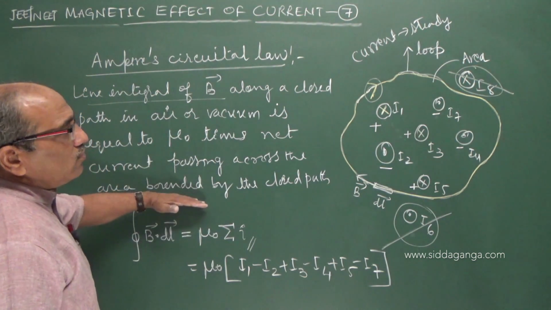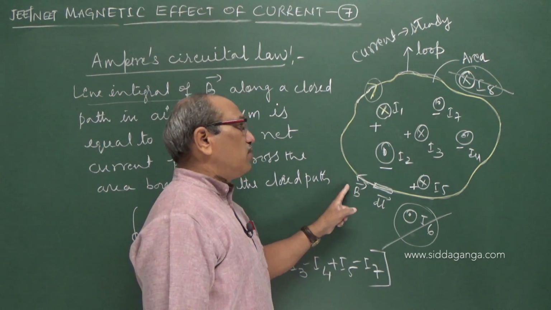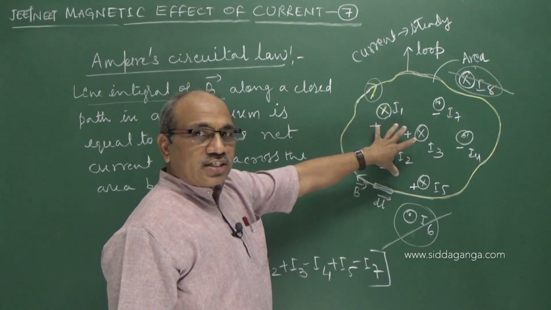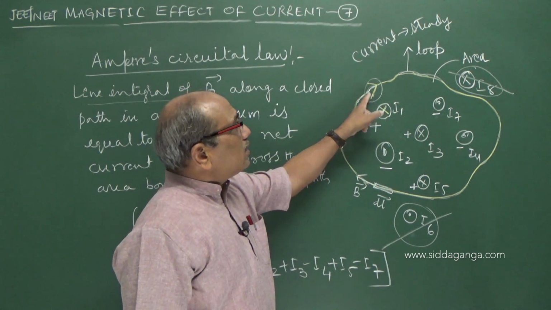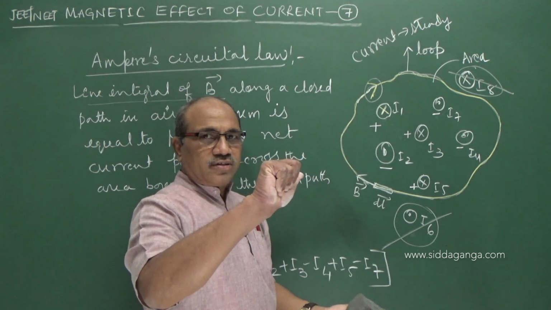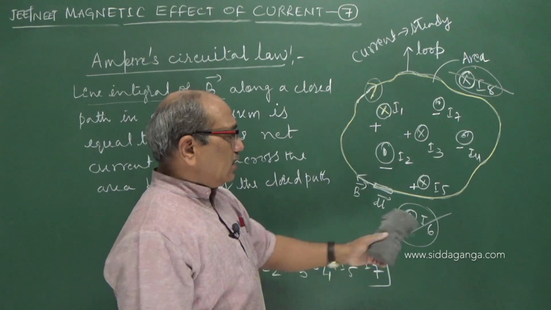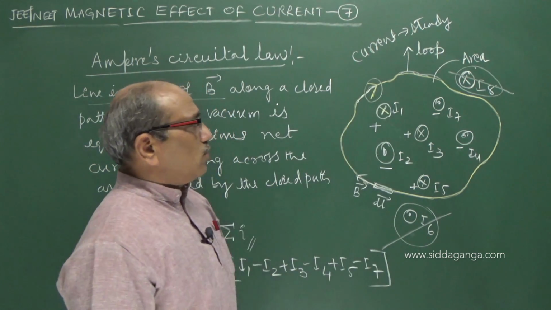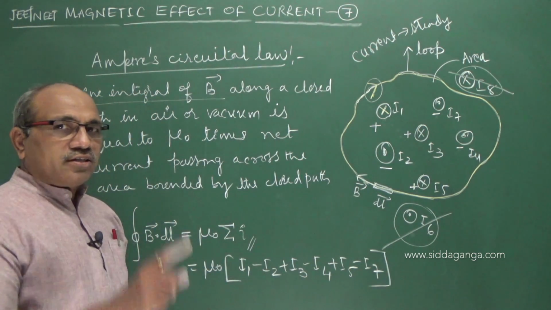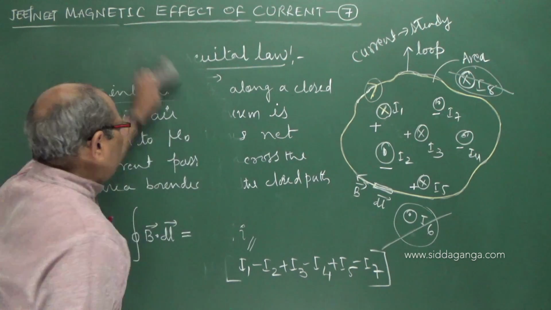I think you have followed. Two things you remember. What is the loop? The closed path must be taken very carefully. Only the current conductor perpendicular to that is passing. If the loop path and the current directions follow the right hand thumb rule, positive, otherwise negative. Outside currents cannot be accounted. It holds good only for steady current. It is analogous to Gauss law in electrostatics. There we discussed the electric field; here we discuss the magnetic field.